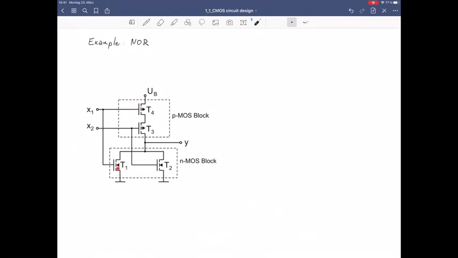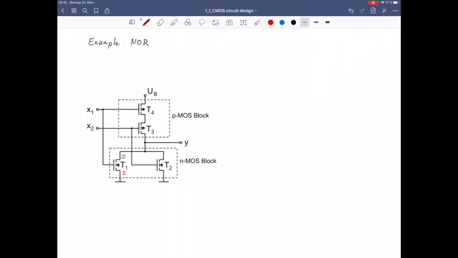So the electrons come from the negative pole of the supply voltage, which is ground in this case, and move towards the positive voltage, which is the voltage VB. This means that we can identify this electrode as the source electrode of the MOSFET, and this is the drain